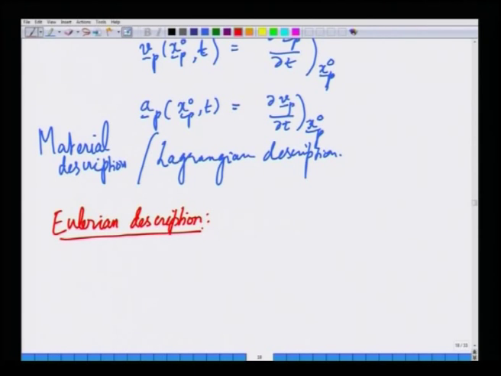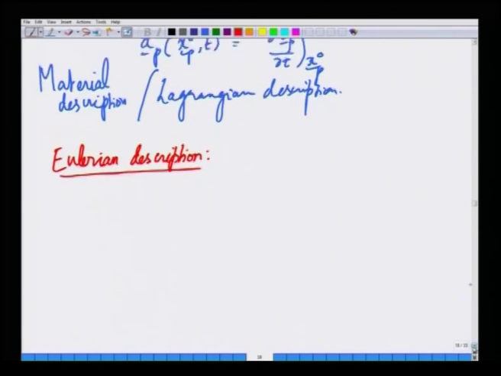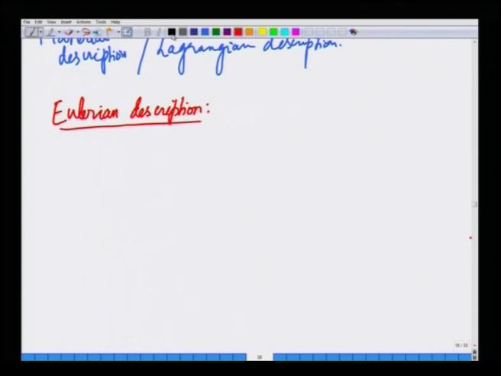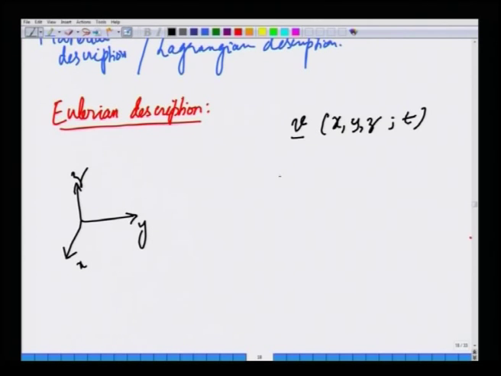Okay. So, what is the Eulerian description? Here we place a lab coordinate frame in our lab x, y, z and measure various properties such as velocity in the fluid as a function of the three spatial laboratory coordinates and time. Okay. So, velocity is measured not as a function of various particles, not by following the particles, fluid particles,